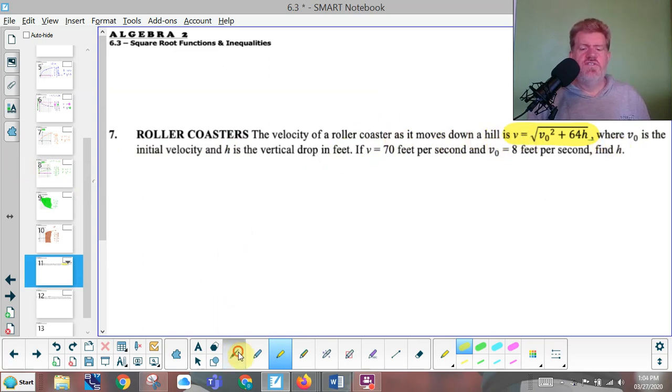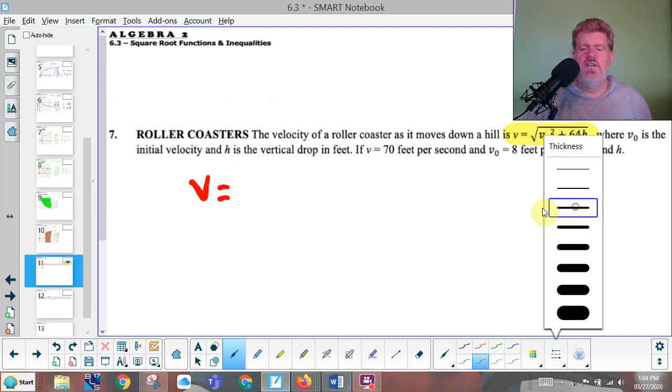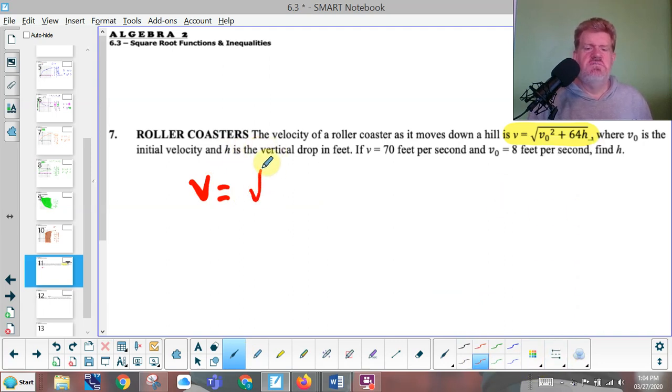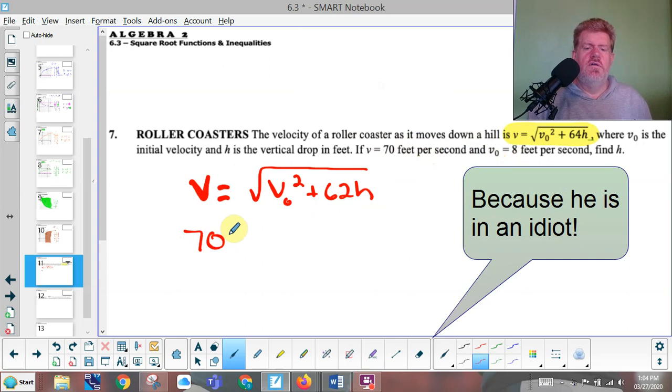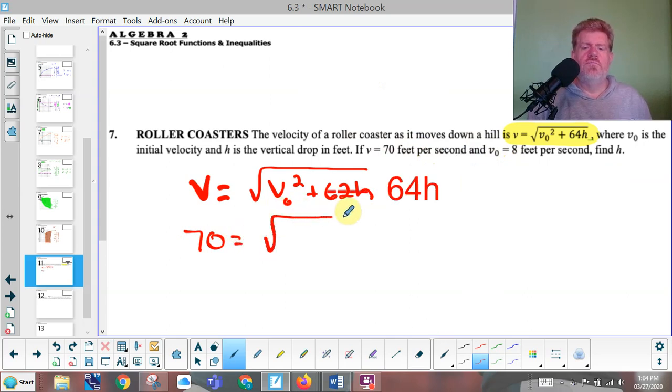Well, guys, it's just solving an equation. Nothing more straightforward than that. I mean, there's nothing hidden. There's nothing crazy about it. It's just that you have to make sure you know how to solve these equations. So velocity is 70. The v sub 0 is 8, but what do I do with that 8? I square it